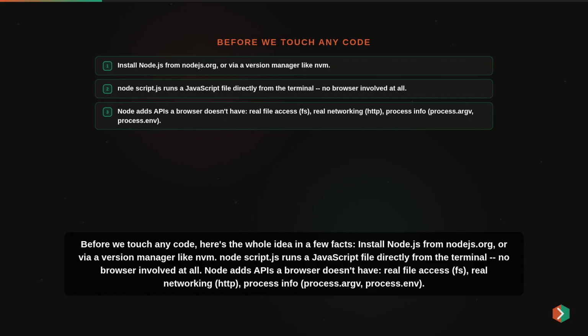Install Node.js from nodejs.org or via a version manager like NVM. node script.js runs a JavaScript file directly from the terminal, no browser involved at all. Node adds APIs a browser doesn't have: real file access, fs, real networking, http, process info,